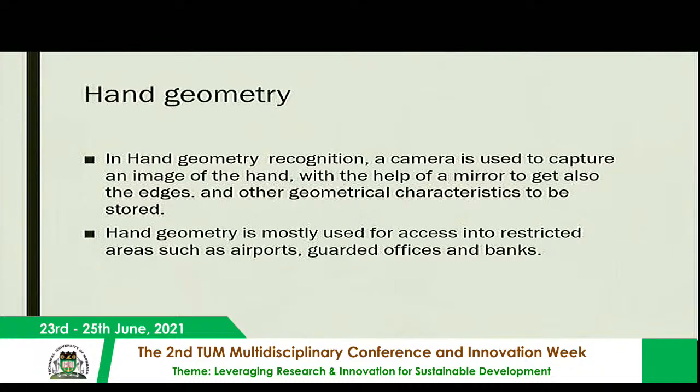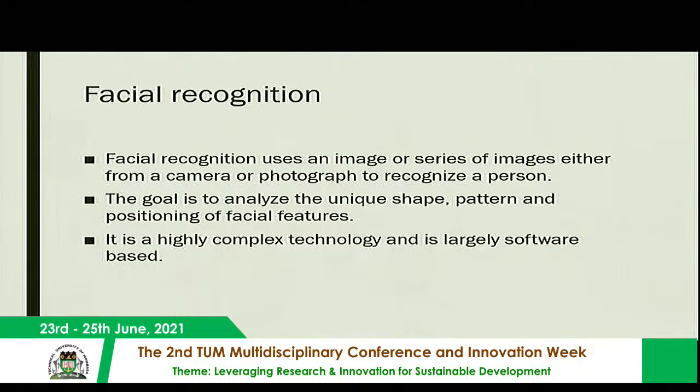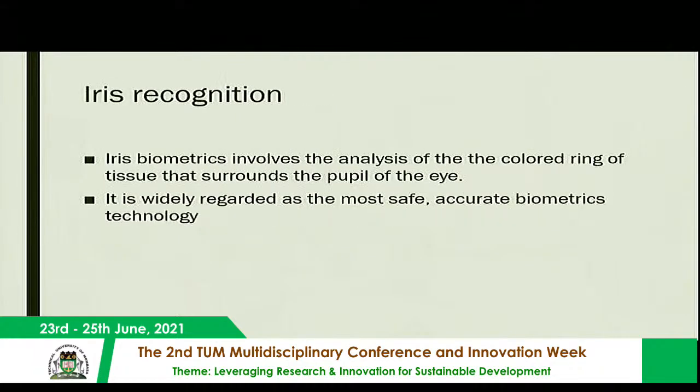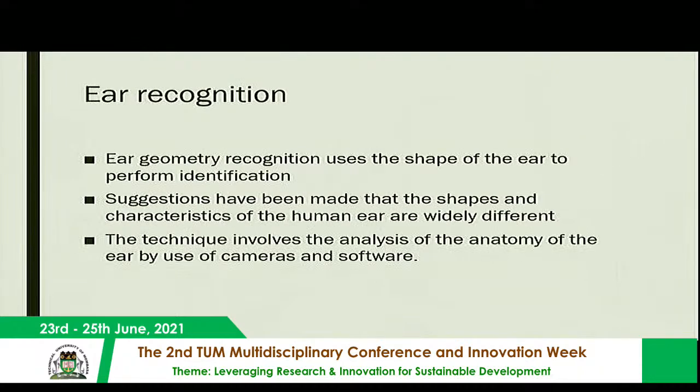Next. The facial recognition, we also use a series of images from a camera or from a photograph. The goal is to analyze the unique shape, the pattern, and the positioning of the visual features. So the others, next. The others are the retina, next. The iris, next. The ear,